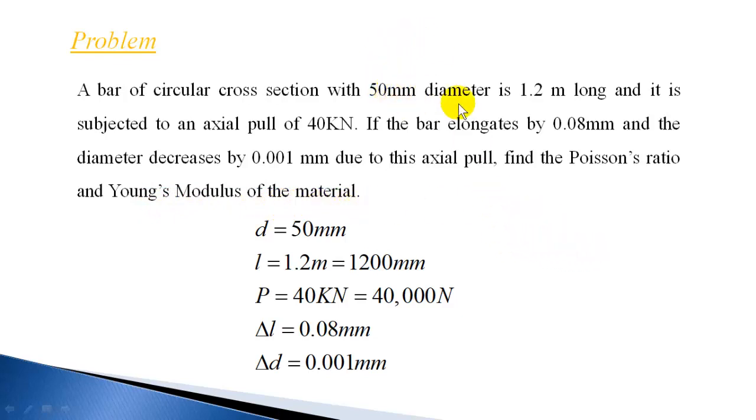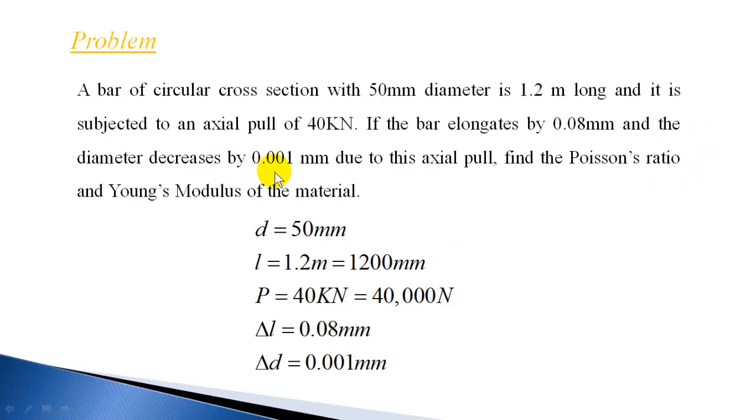So the diameter of the bar is given as 50 mm and the length is 1.2 meter or 1200 mm, and it is subjected to an axial pull, that is tensile load 40 kN. So the force is 40 kN or 40,000 Newton converted into Newton. And if the bar elongates by 0.08 mm, so that means the elongation in the bar, that is in the 1200 mm, it increases by 0.08 mm. So elongation in the length is delta L 0.08 mm